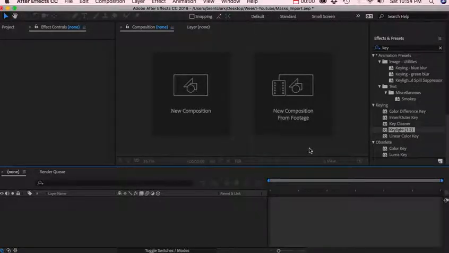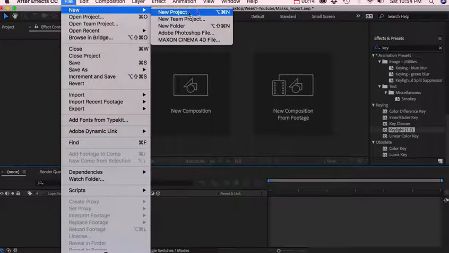Okay, in this After Effects demo, I'm going to look at importing, layer ordering, trimming and editing, and green screens. So let's start with File, New Project,